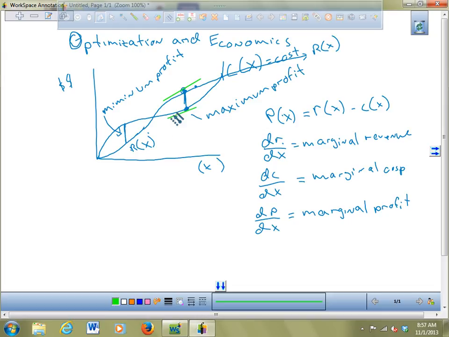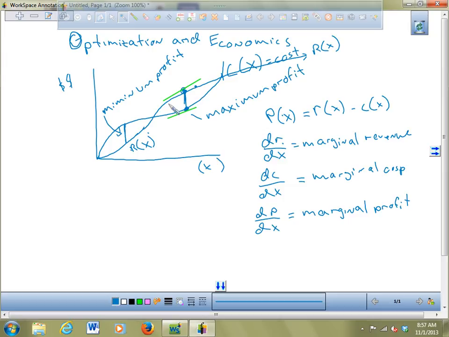They're both increasing, but their rates of increasing are changing at that point. So when you find them, they're either a maximum